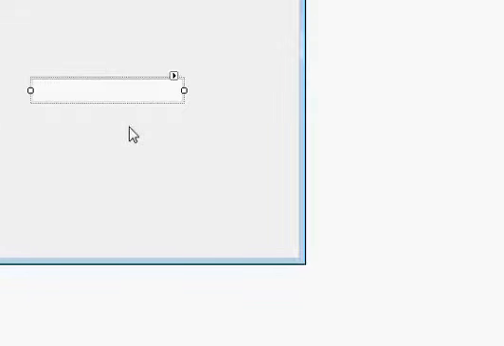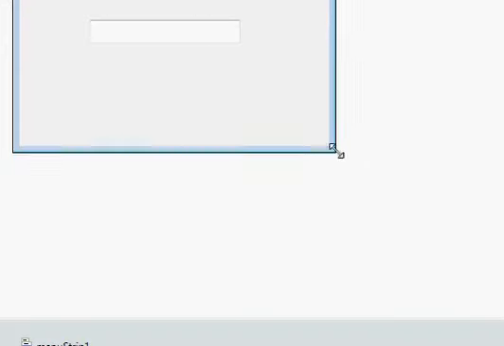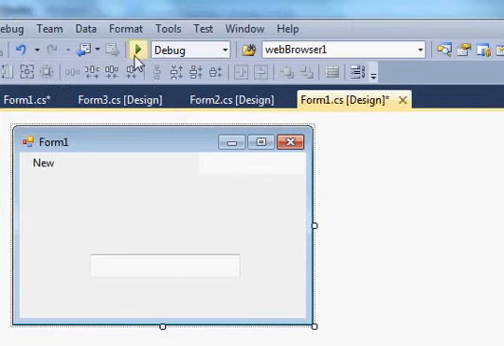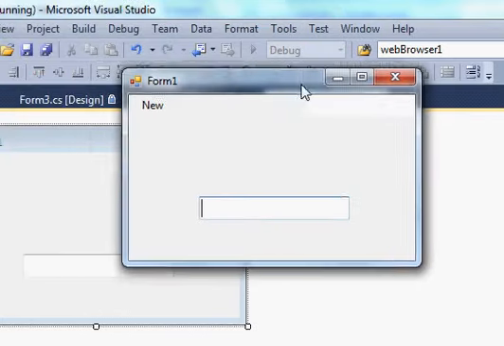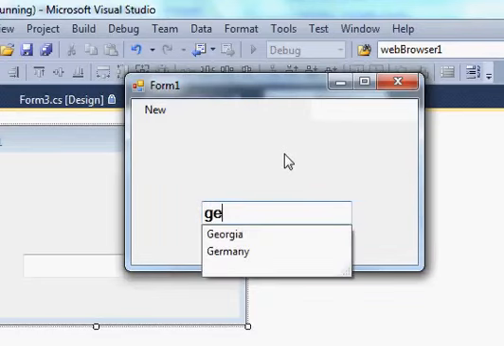Okay. So my country list is set, and now when I run the program, let me make it little bit smaller so you can see it. And now when I enter some words here, for example GE, it suggests me two countries.